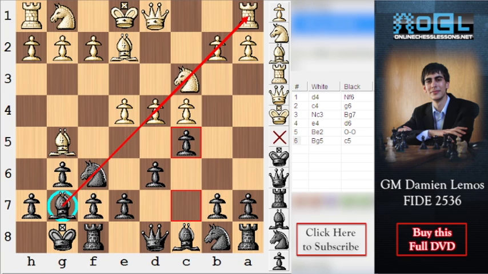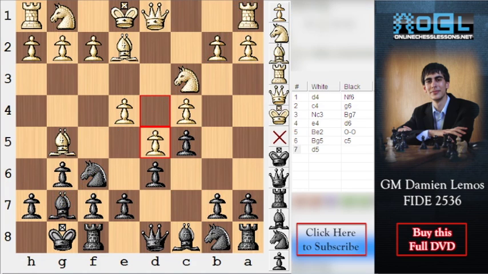If we play e5 in King's Indian, the bishop g7 diagonal is going to be closed. So that is why here after c5 white plays d5, and as we said the diagonal is open,